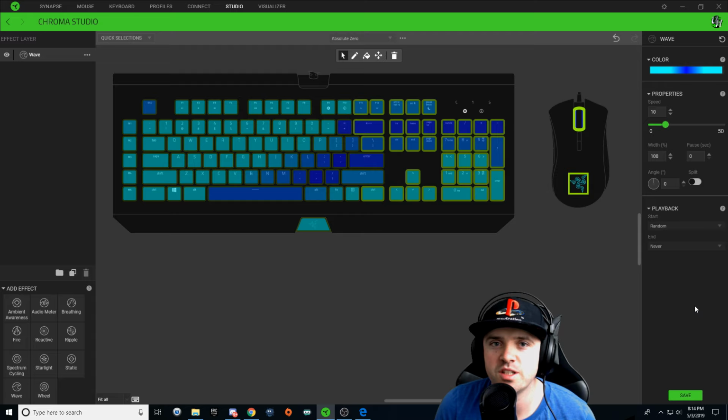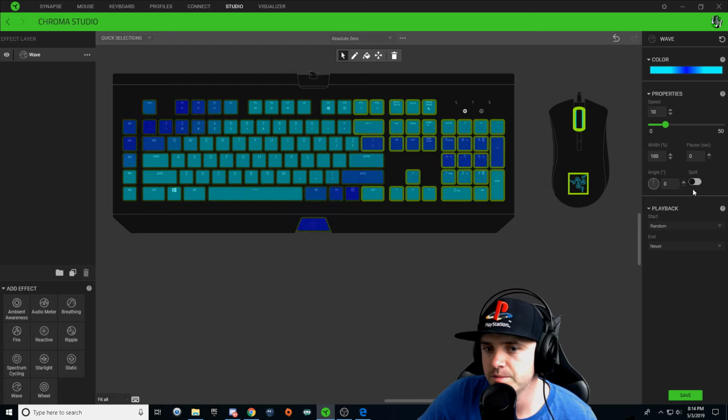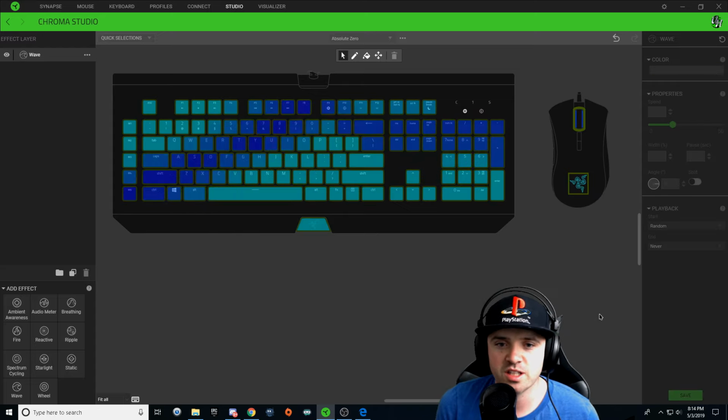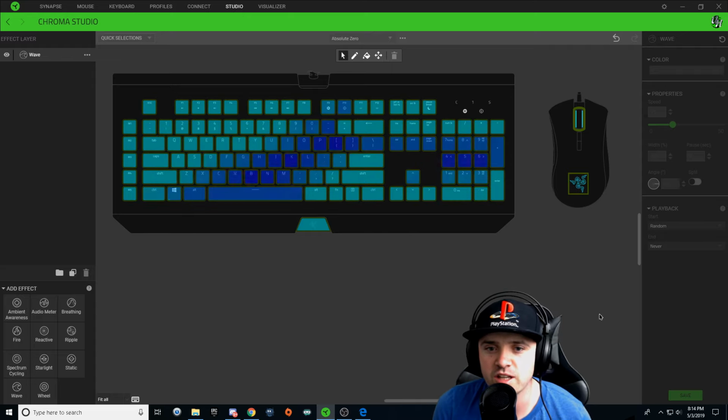We're going to slow our speed down quite a bit here. Go ahead and drop that down to about 10, and that all looks good, and we're going to hit save. So basically what we have is a wave going up and to the left and a wave on the right